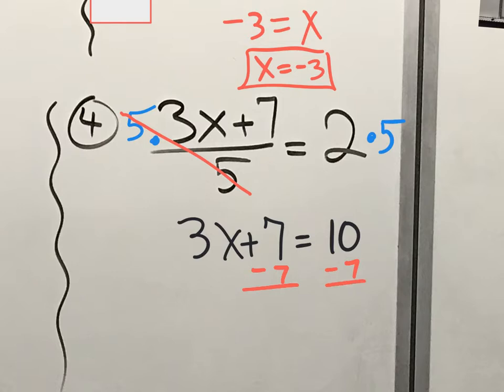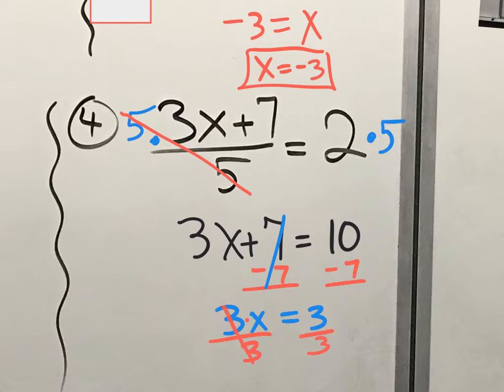So the 7 and the negative 7 cancel out. Let's rewrite what we have left. We have a 3x left over, the equal sign, and 10 take away 7 is 3. So for my final step, I'm going to get rid of that 3 in front of the x by doing the opposite. There originally was multiplication between them, so I'm going to divide by that 3, divide by 3,